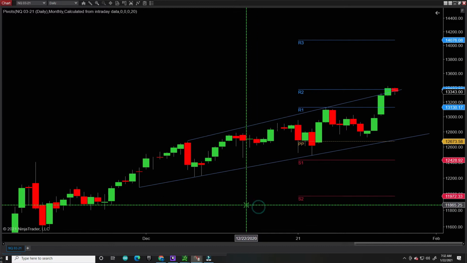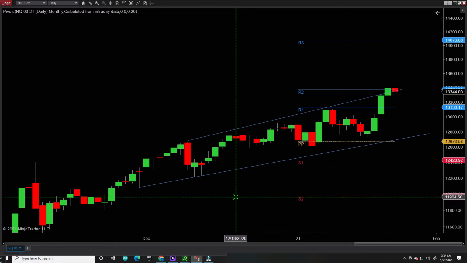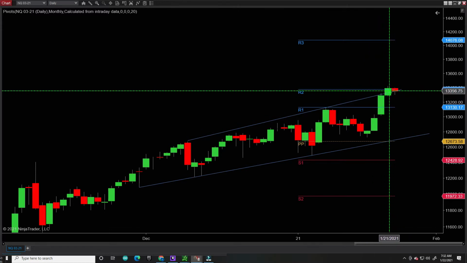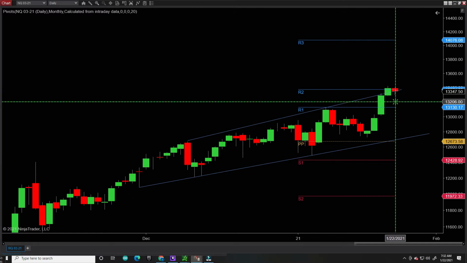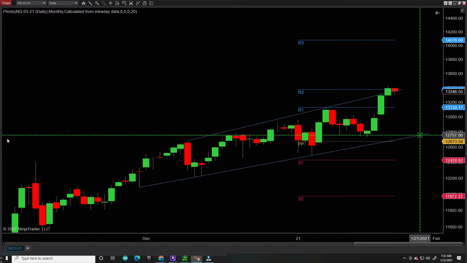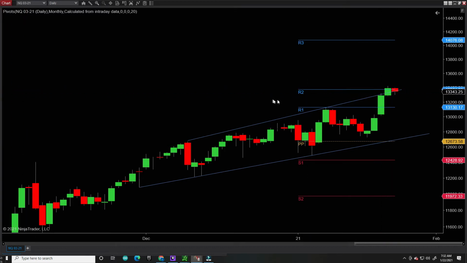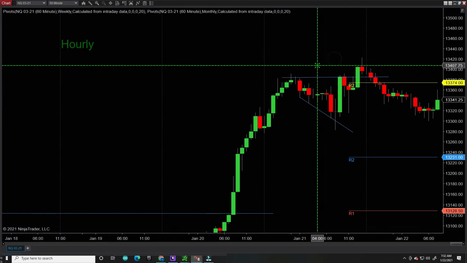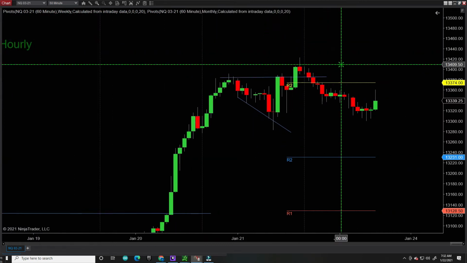Okay, daily chart. And we can see price is at the top of the channel line trying to break out. Yesterday, I expect, because we're up here at these highs, that once again, just like yesterday, my bias would be to the downside because of where we're at there. On the 60-minute chart, we've got